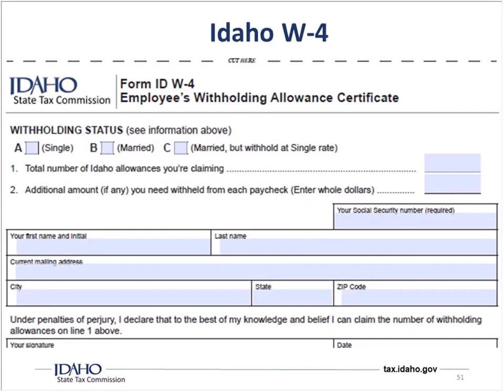Now when they're filling these things out, make sure that they're reading all of the instructions so that they don't mess this up. Okay? Because messing it up comes with a big shock at the end of the year. So this is the part that the employer should give you for your records. This form isn't sent to the state or to the IRS. You're just using it so that when you're preparing your payroll, you know how much to withhold. And then you'll keep it for your records. And the instructions start at the top of this page and then they go to the back, so make sure that they have all of it.